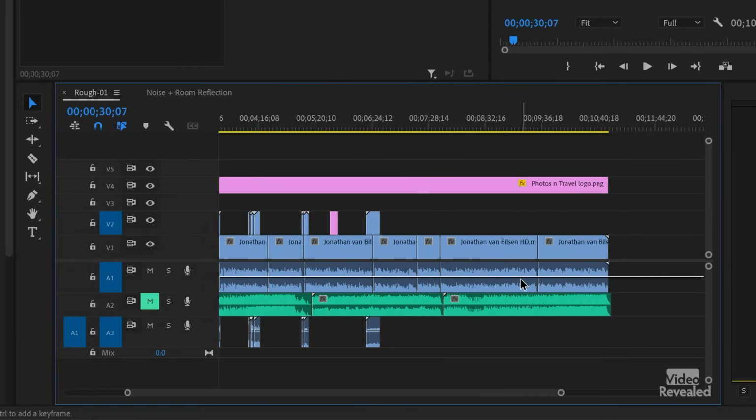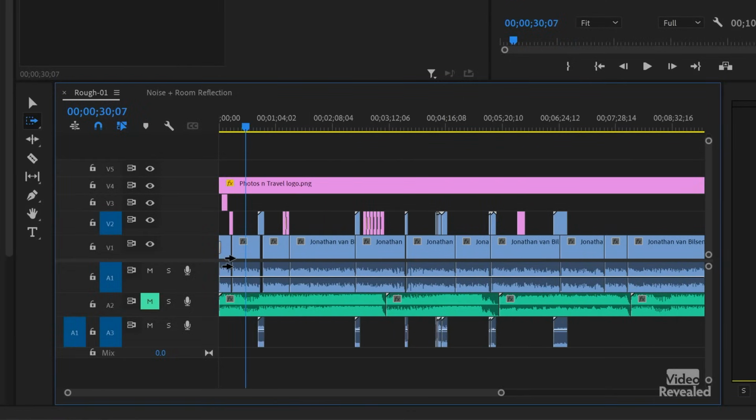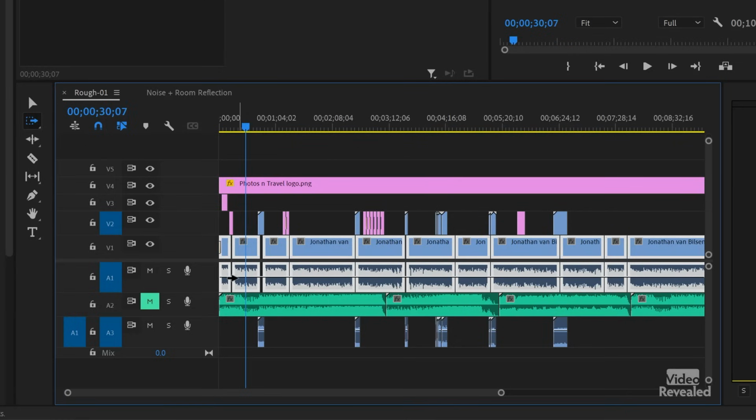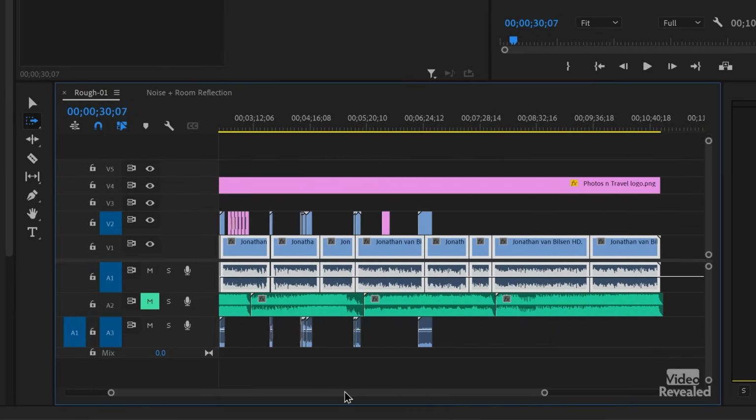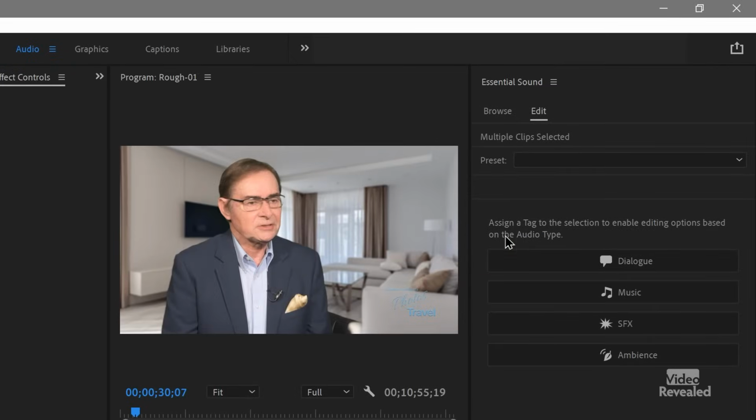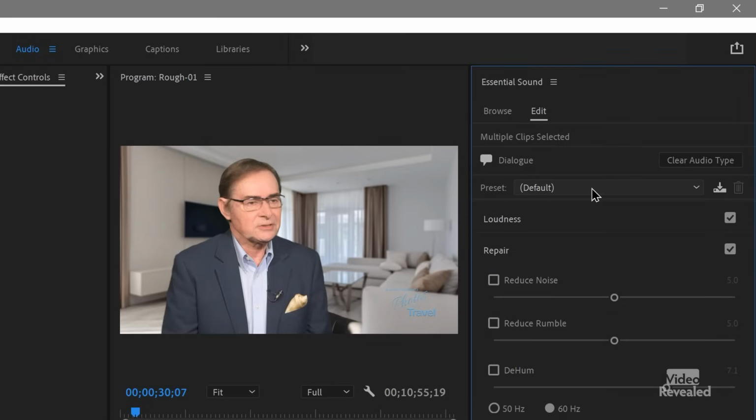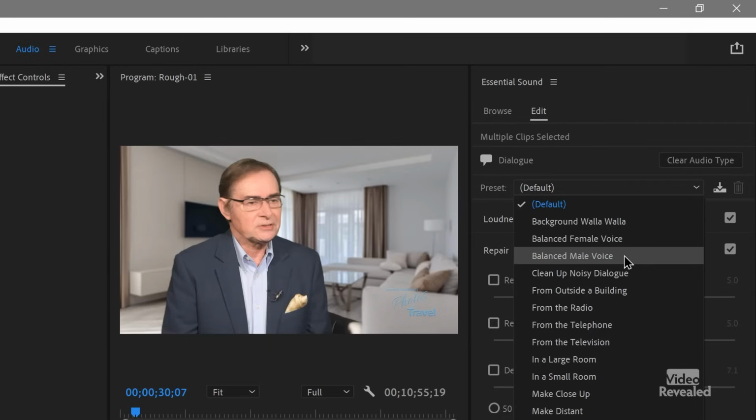So what the Essential Sound Panel wants you to do first is to select a clip or clips and then tag it. So I showed you a tool before called the Track Select Forward. Remember, it's the A key that selects it. If you hold the Shift key down, it's going to select all of these audio clips for me. So tap the A key, hold Shift, and click. So now I've selected all of the audio clips for the interview. Now in the Essential Sound, I will choose whether this is dialogue, music, sound effects, or ambience, and I'll choose dialogue. And then pick a preset like balanced male voice